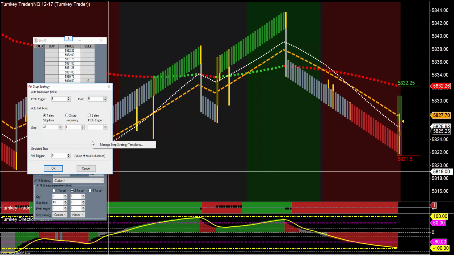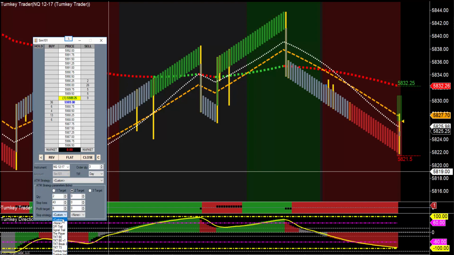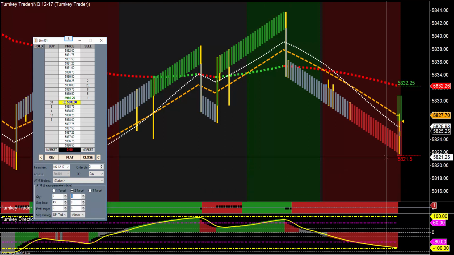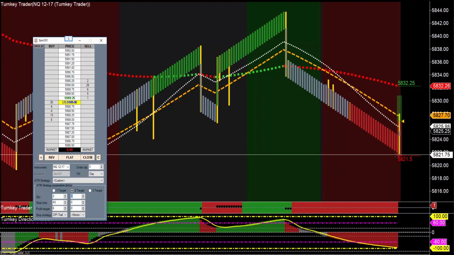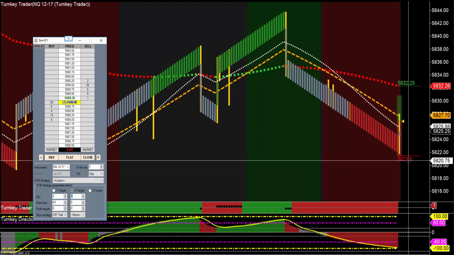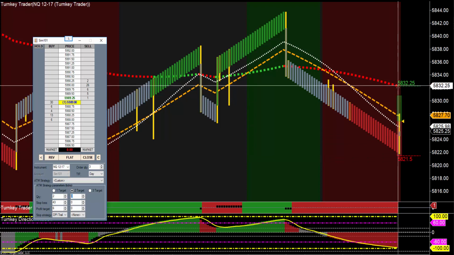Once we have this set, we can come to Manage Stop Strategy Templates, and I will call this one DPI. We'll click OK, and I'll just select that from the drop down here. All right. So now we have our first target set up, our initial profit target of 2 contracts with an initial 43 tick stop loss, which will be the opposite DPI from the DPI that I entered. So looking at our example here, if I entered going short at 5821.5, 43 ticks would be this opposite DPI